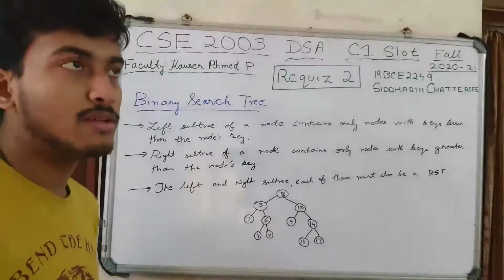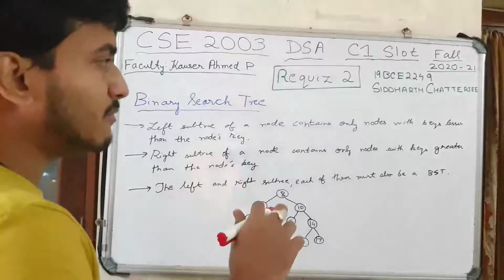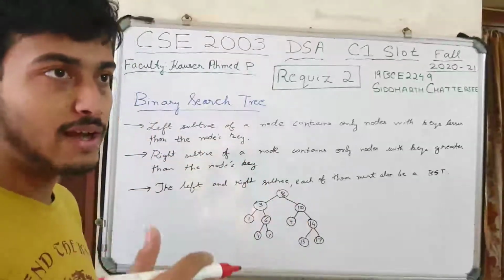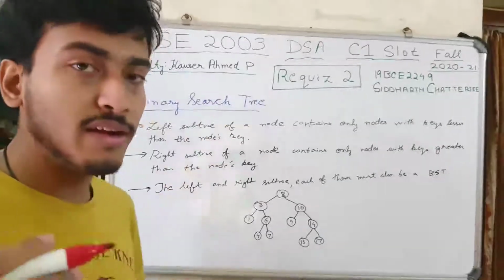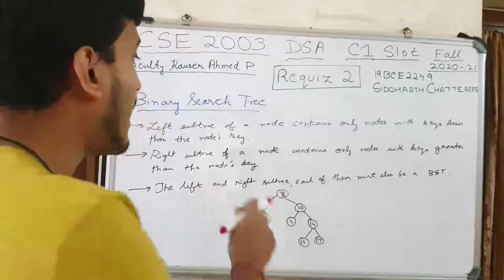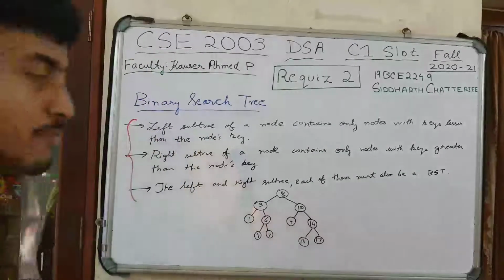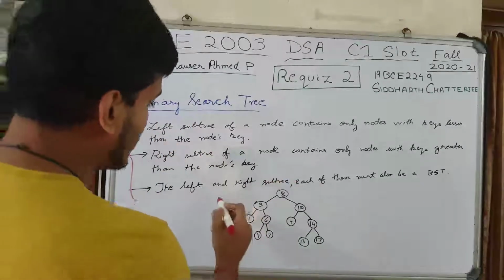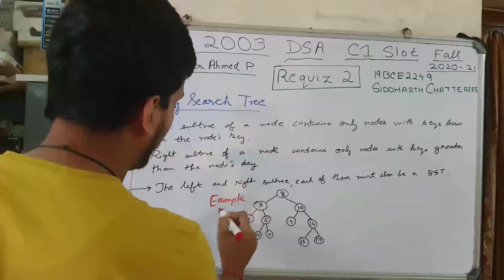So a binary search tree is a node-based binary tree. A tree has different levels of hierarchy, different levels of height and so on. It has many nodes. So it's a node-based binary data structure, and it has these properties. These are the properties of the binary search tree, BST. Here is an example of a binary search tree, and these are the properties.